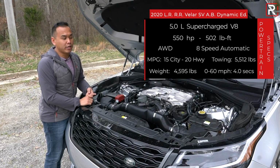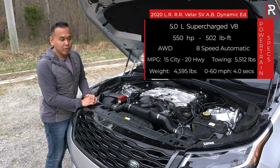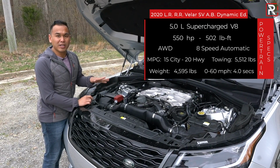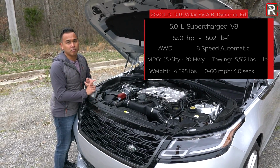Land Rover says with the tow package, you'll tow a little over 5,500 pounds. Fuel economy, in case you have to ask, is rated at 15 in the city, 20 on the highway. Please be sure to put premium gas in this thing. Land Rovers are typically heavy vehicles. This one, as it sits, weighs just under 5,000 pounds. All that power is going through an 8-speed automatic with, of course, all-wheel drive